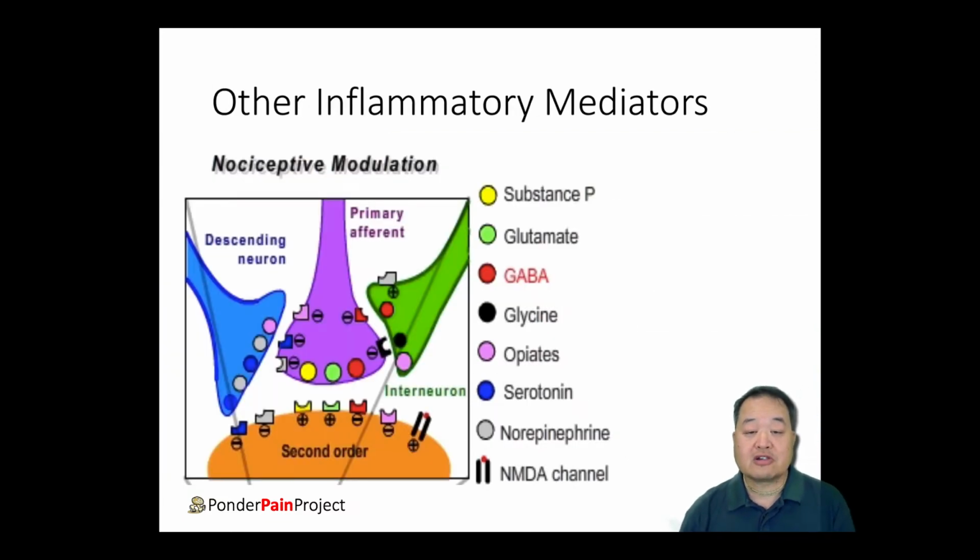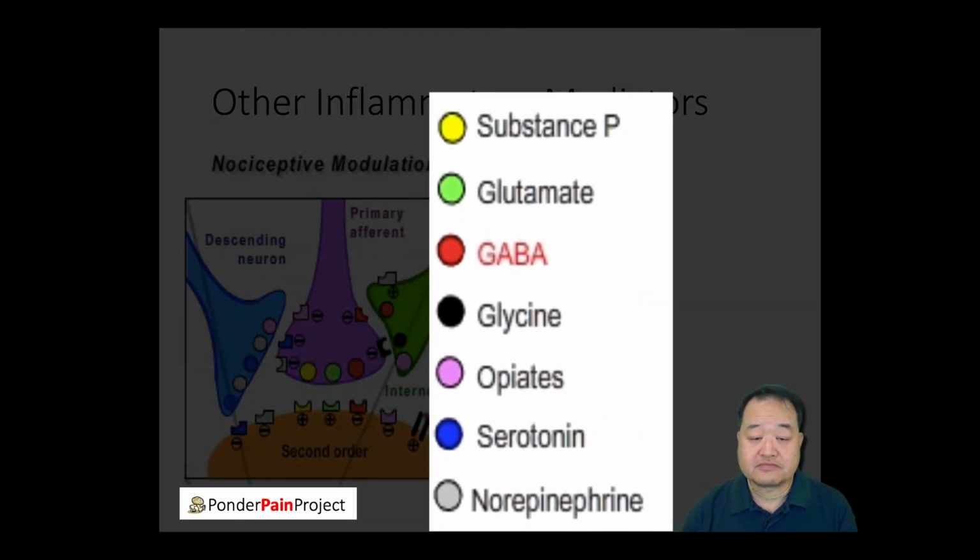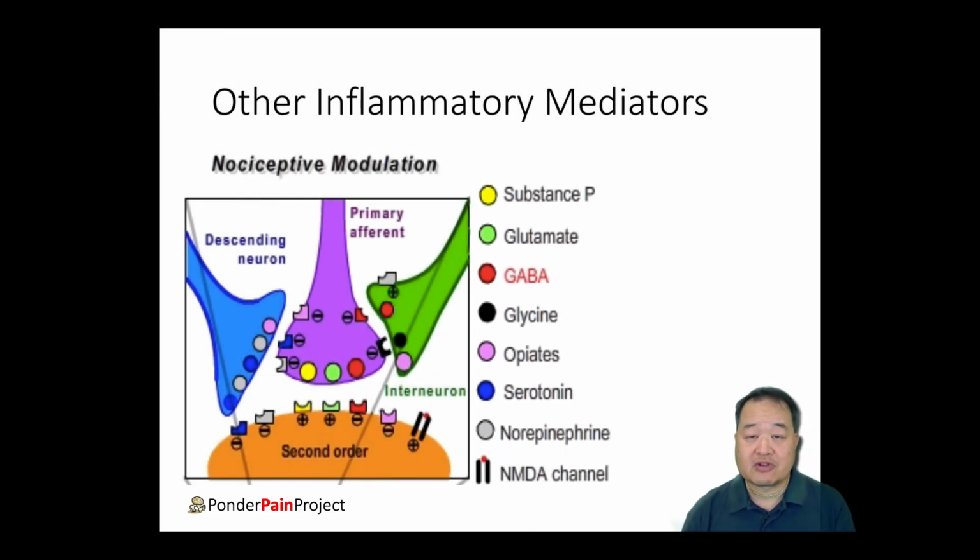But there's also other inflammatory mediators beyond those that we need to talk about. Things like substance P, glutamate, GABA, glycine, opioids. We already talked about serotonin. And there's also norepinephrine. All these are released when a tissue is injured into the site of injury. And the important thing is that we're realizing as we study more and more and do more and more research